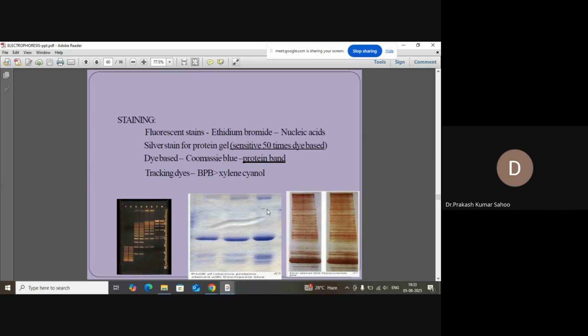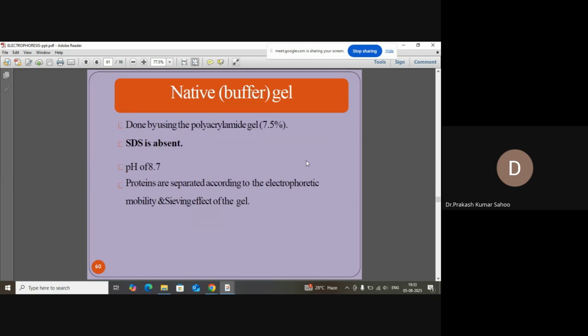You have the staining, that is fluorescent stains, that is ethidium bromide for nucleic acids, silver stain for protein gel, dye-based, that is Coomassie blue for protein band, and tracking dye, that is xylene cyanol. So these are all the staining, that is coloring material. So buffer gel is done by using the polyacrylamide gel of 7.5%. Where SDS is absent, at pH up to 8.7, proteins are separated according to the electrophoretic mobility and sieving effect of